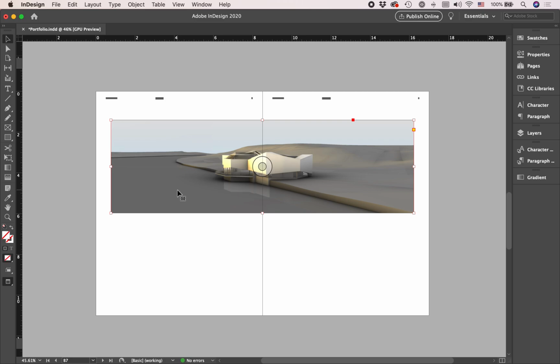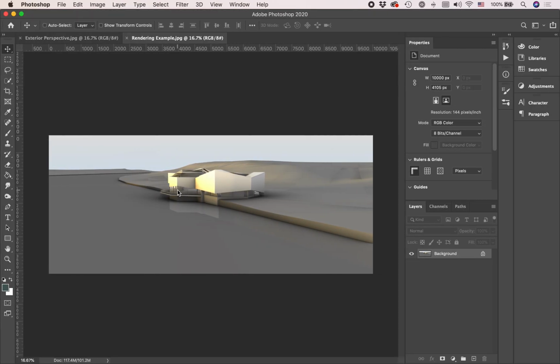And the quickest way to reduce file size is to first start by adjusting all of your image assets, not your drawings, but all of these renderings or model photos that you have, and making sure that they are sized appropriately. So first things first, I'm going to